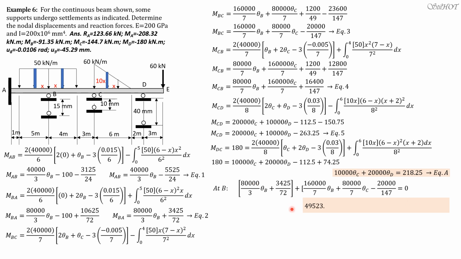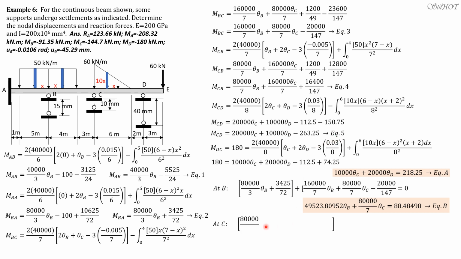Simplifying, so 49523.80952 theta B plus 80,000 over 7 theta C equals 88.48498. Call that equation B. Then equilibrium at C, MCD, which is equation 4, plus MCD, which is equation 5, equals